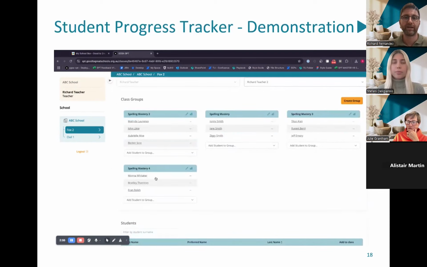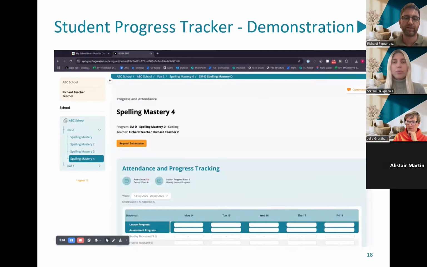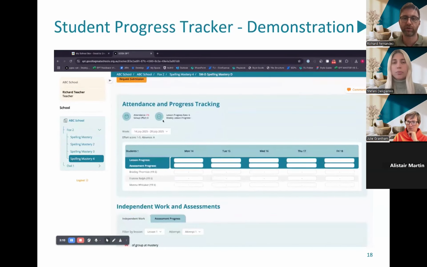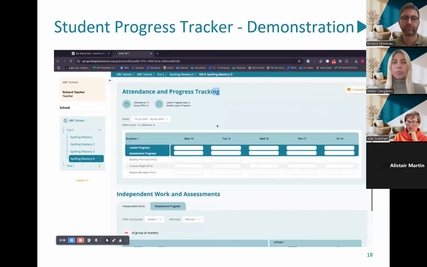Once your groups have been set up, you're ready to begin tracking. You can access the tool for each group. So here is the tracker. The system includes several key sections, so attendance and progress tracking, independent work for spelling mastery, and the assessment progress tracker.